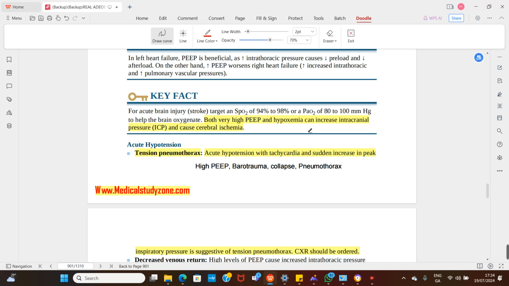You said an acute brain injury. So if a patient has a stroke, the brain is already having some issues. So you don't want to be over-PEEPing that kind of patient, because you place that person on a mechanical ventilator, right? Because of the protection of the airway. Now, if you over-PEEP that kind of patient,